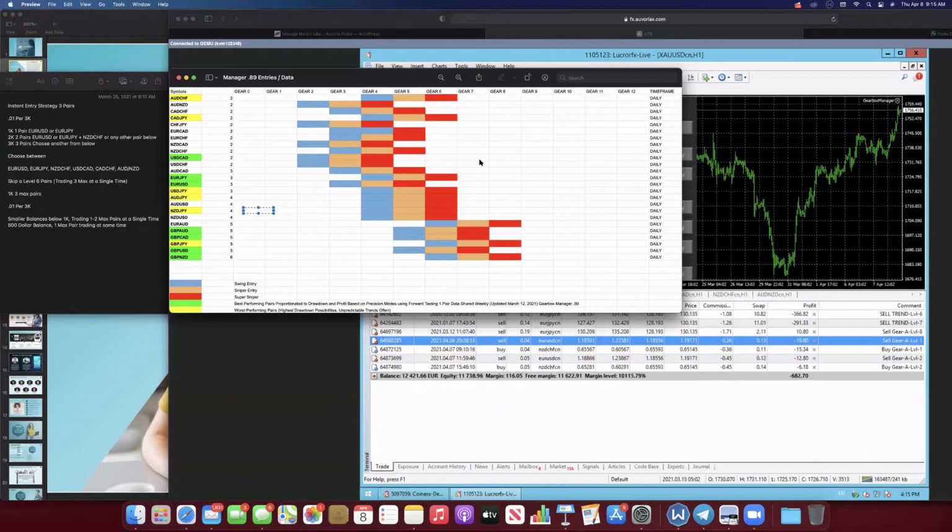So what I mean by that is maybe you were already in a trend trade that went against you on USD JPY, and you were to buy and it fell. Now all of a sudden the counter trend trade kicks in, and let's say it kicked in a sell too, or it kicked in a buy too, and it keeps crashing, right? Now you're double the trades going the wrong direction. Well, with GearBox, we don't allow them to exist at the same time. So you can only be in a gear A going one direction or gear B going one direction.